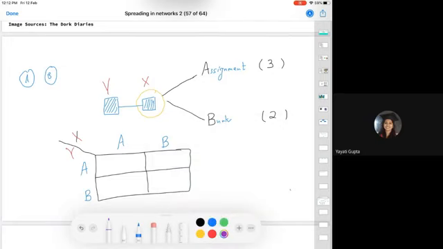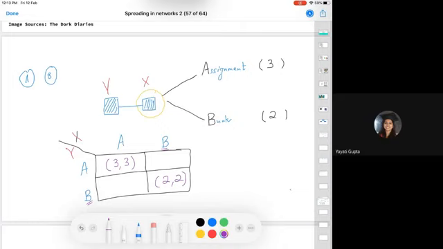If X sits and does the assignment and Y also sits and does the assignment with him, both of them end up getting a payoff of 3. So X gets a payoff of 3 and Y also gets a payoff of 3. If both of them go for watching the movie together, they bunk the class, taking this action B over here, both of them get a payoff of 2. So actually in this case, the best strategy for both of them is to stick together and do the assignment.